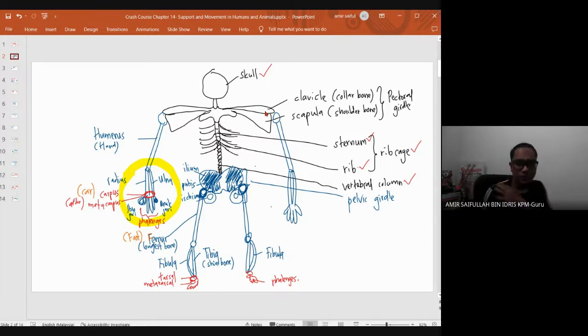Okay, lepas tu dia ada shoulder bone. So kalau kamu tengok dekat textbook,